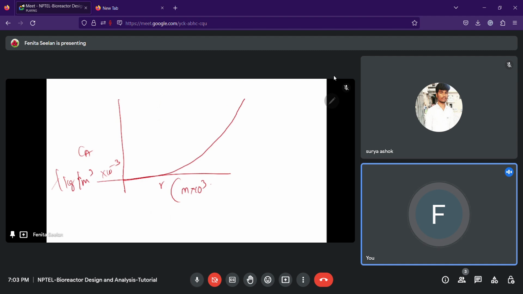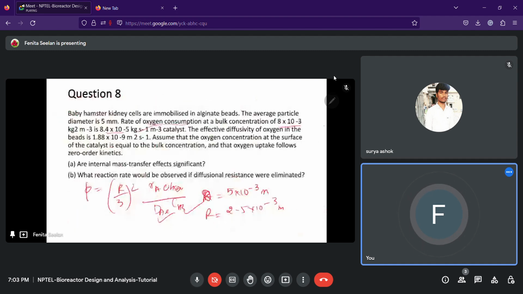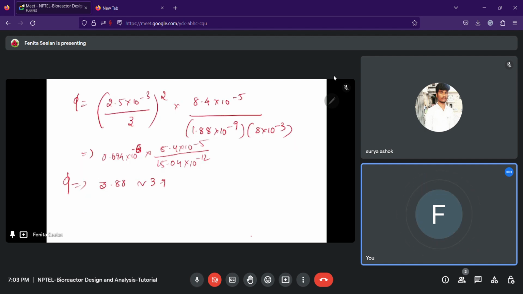So what would be the answer for B? What is asked for B? What reaction rate would be observed if the diffusional resistance is eliminated? So in case of your spherical catalyst and zero order reaction, if your internal diffusional restrictions are neglected, then we can calculate the effectiveness factor of internal effect, where R A observed divided by R star A is